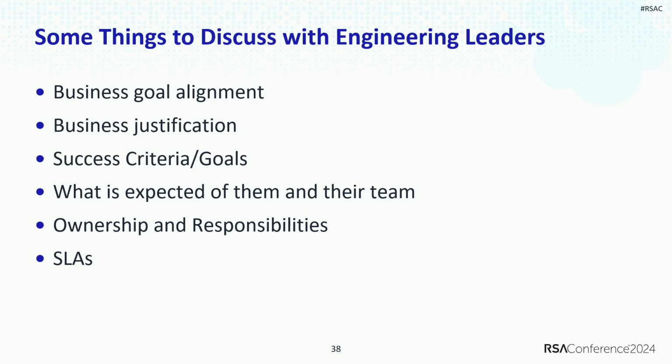Ownership and responsibilities. Definitely, you know, that's one thing that you should not forget, because when it comes down to putting together the entire process and rollout, it will have to be owned by someone. Like a particular process has to be owned by someone, or a particular tool has to be owned by someone, or else nobody owns it. And then you get into a bit of a bad place. But yeah, basically in this, some of the things that you'll want to discuss are these, so that the leaders can get on each other's roadmap.